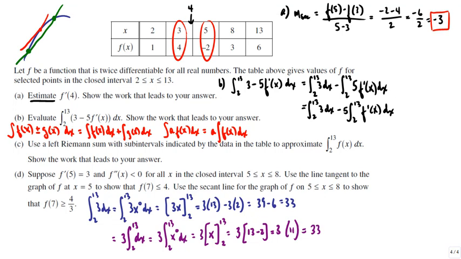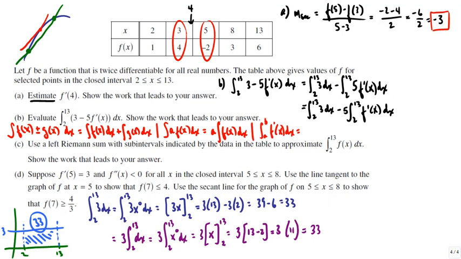Now, graphically speaking, 3 is our function, which means it's just a horizontal line of height 3. And from 2 to 13, then, we have a rectangle of height 3 and width 11, which has an area of 33. Now for the integral of f prime of x dx, we use the fundamental theorem of calculus, which says